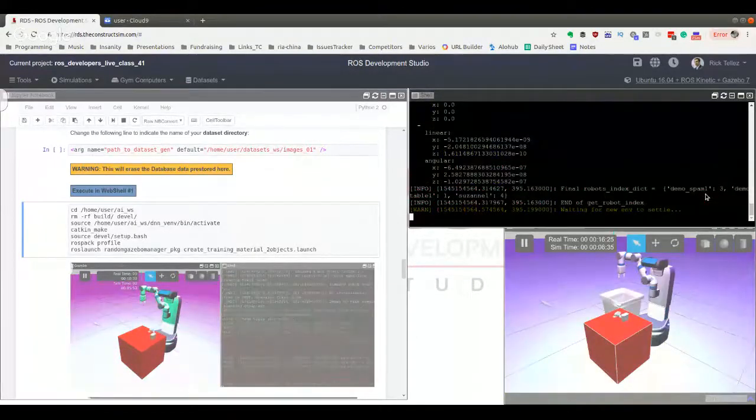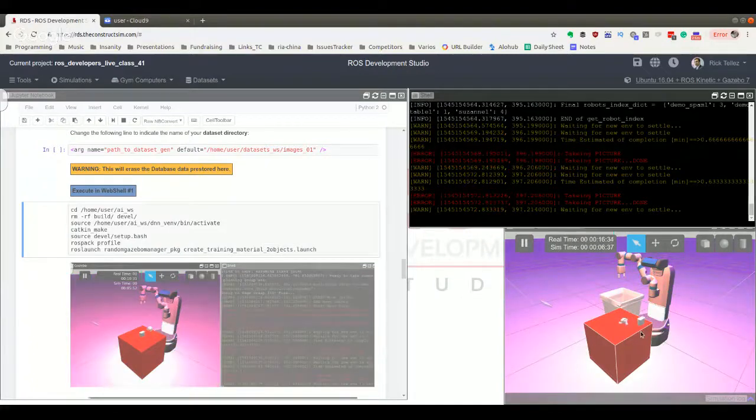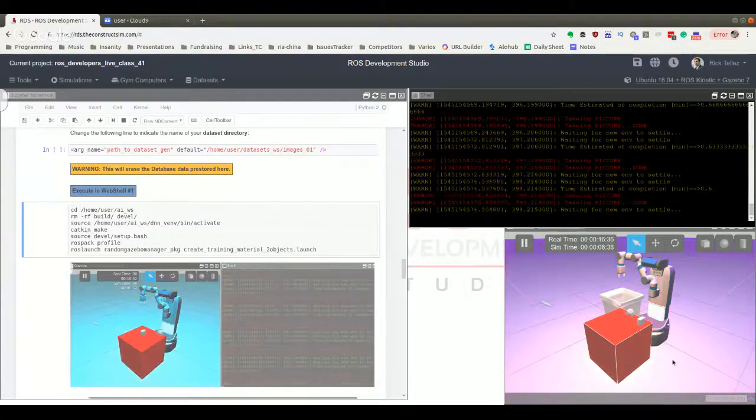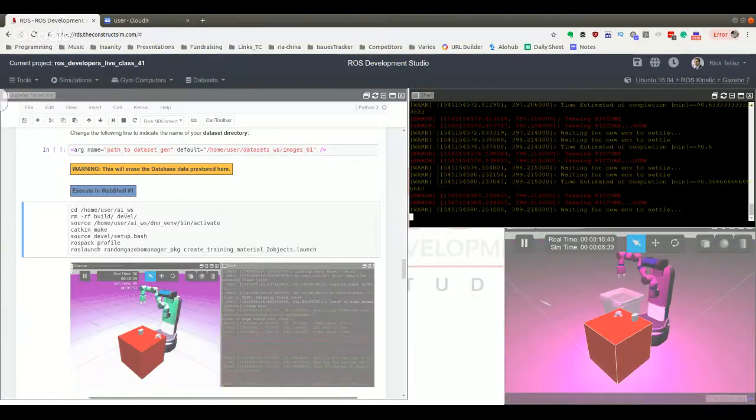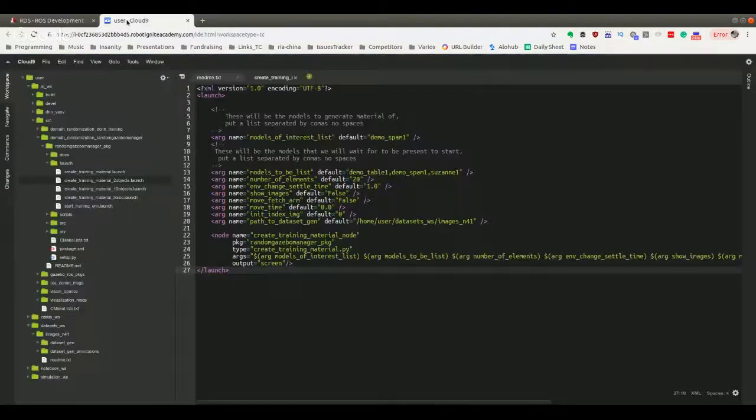And yeah, so now it's going. Now it has captured another one. Now it's going to capture another one. Yeah, so you can see that it's launching, changing the light condition, changing the positions of the objects, and then capturing. Now, if we go to the IDE that is on the other tab in my case,